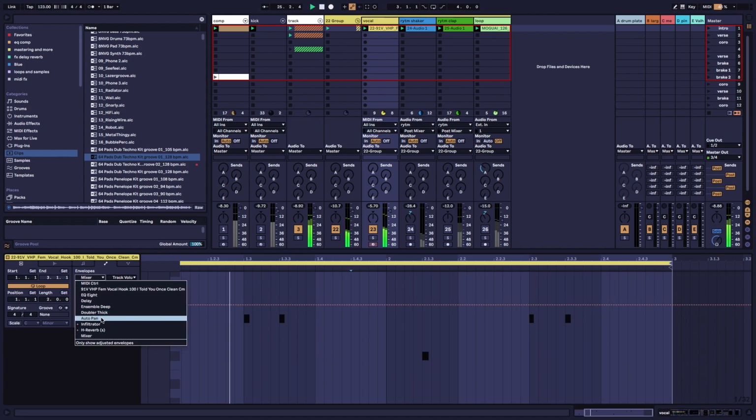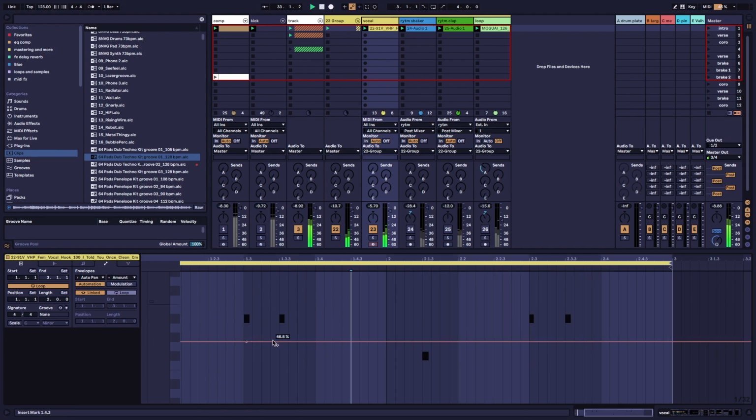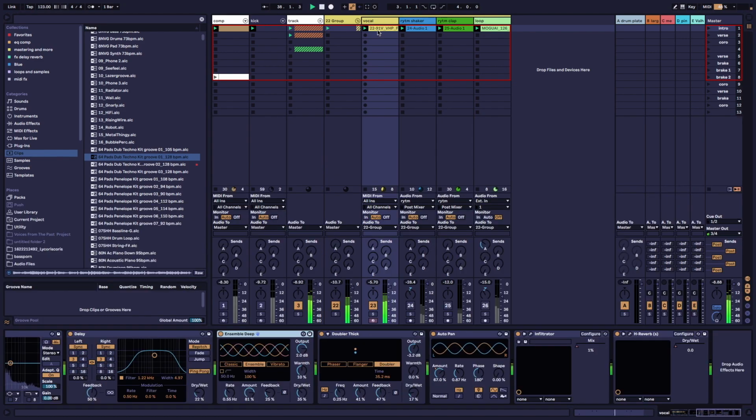Now if it's effects from the Ableton, we can find all the different things that we can automate in here, so in the clip. So we're gonna make some automatizations in the auto pan, in the amount. So it's gonna be harder auto pan or less. If it's hard, it's gonna sound wider into the right and left. And if it's shorter, it's gonna be more close to the middle